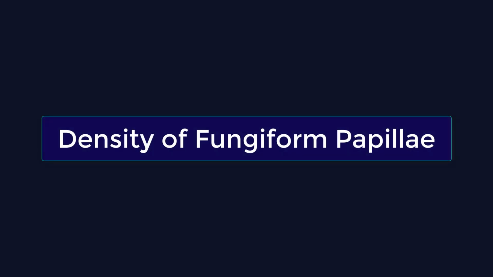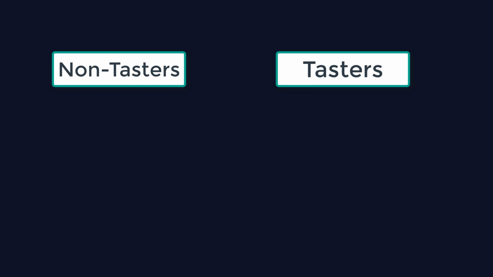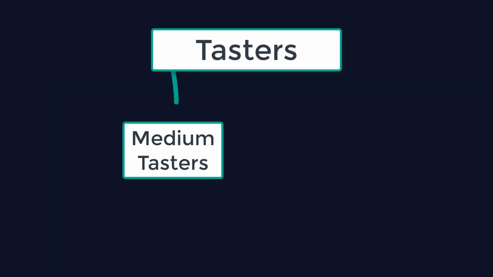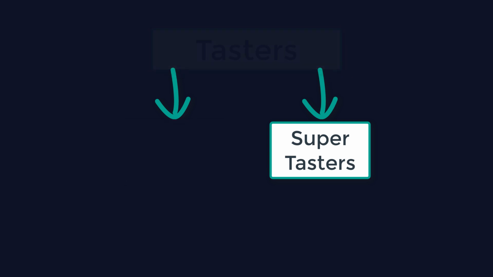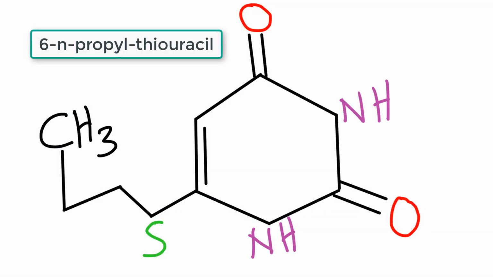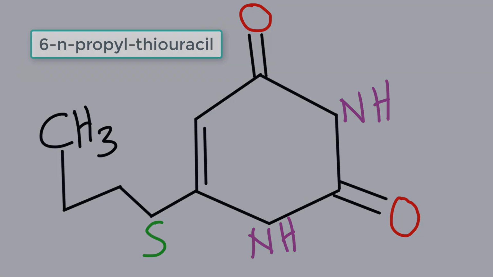This next part of the taste pathogenesis will look at the density of fungiform papillae and how it relates to BMS development. Let me begin by saying that there are two main groups of people in this world, non-tasters and tasters. Tasters can further be grouped into medium tasters and super tasters, and it all has to do with the genetic ability to taste this chemical, that is 6-N-propylthiouracil, a chemical that is bland to non-tasters but bitter to tasters. While medium tasters perceive less of the taste, super tasters have an intense bitter perception.